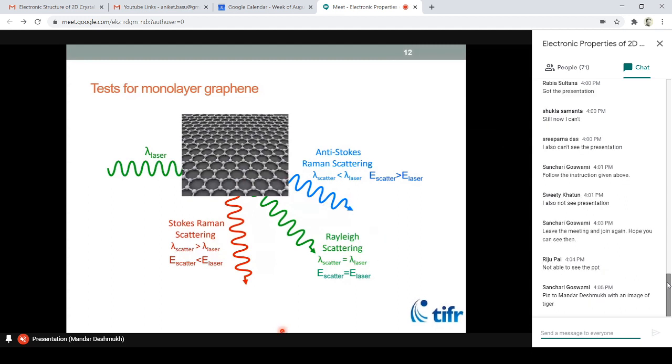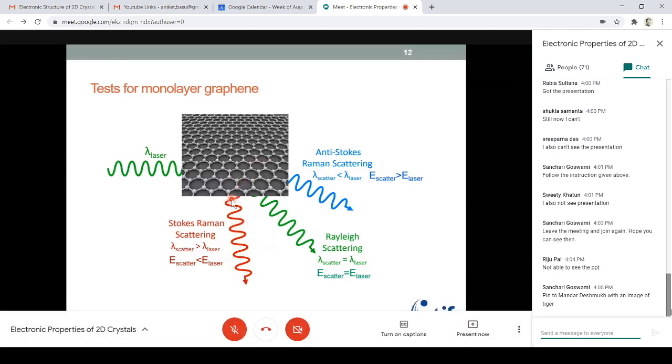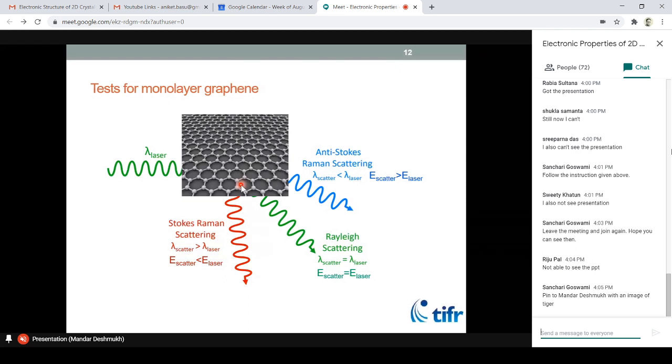So these are details of the Raman processes. But what it does is it exchanges energy with the excitations inside the material. So in this case, most solids will have vibrations or phonons. So the phonons will take up some of the energy in this process, and those phonons are characteristic. They are kind of a fingerprint of that material. Okay, so